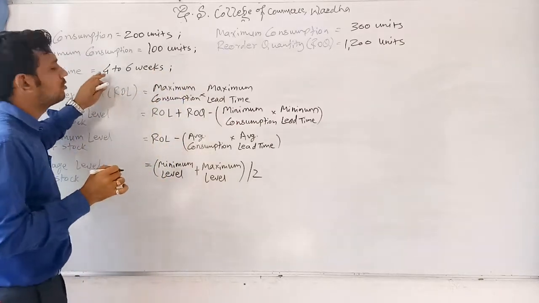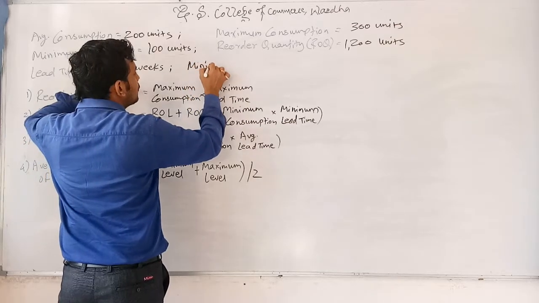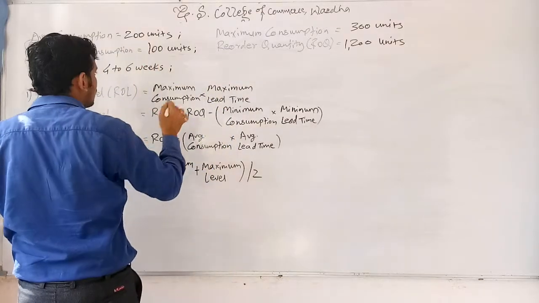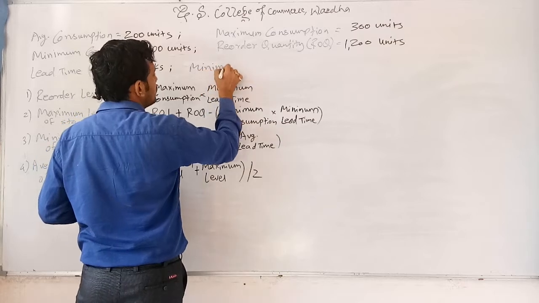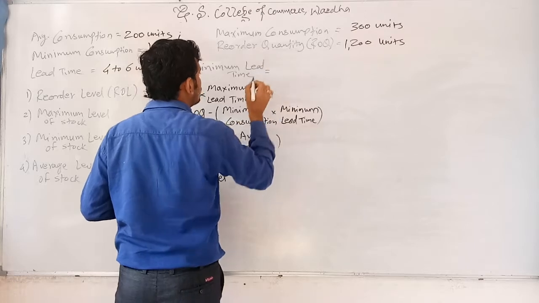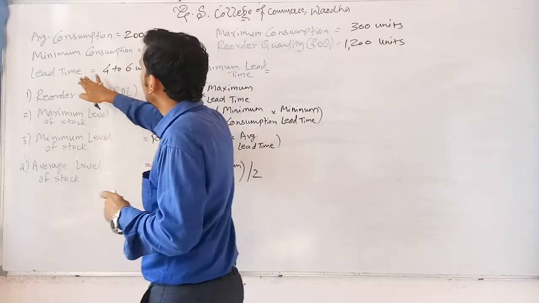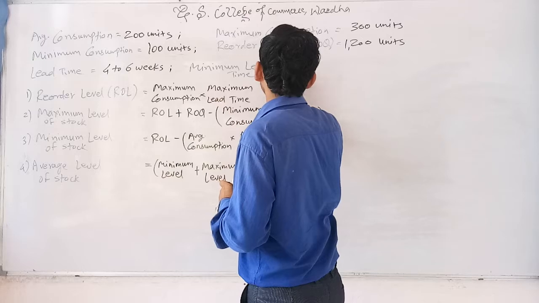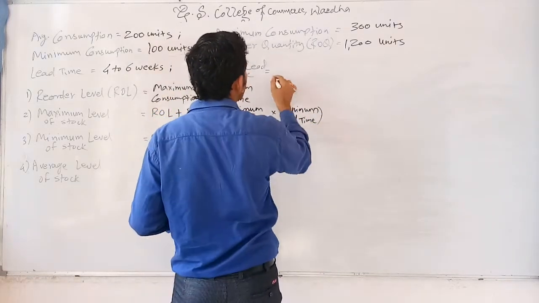We have been given the maximum and minimum lead time, which is denoted here. When we have to write the minimum lead time, the answer would be: minimum lead time is equal to, when we are calculating minimum lead time, it would be seen in the lead time, the 4 is the minimum, 4 weeks is the minimum lead time which is given here in the question. So we could write minimum lead time as 4 weeks,